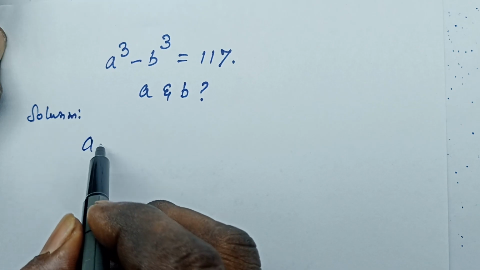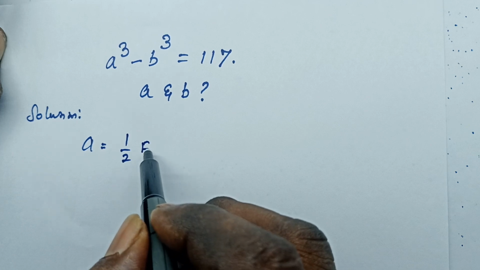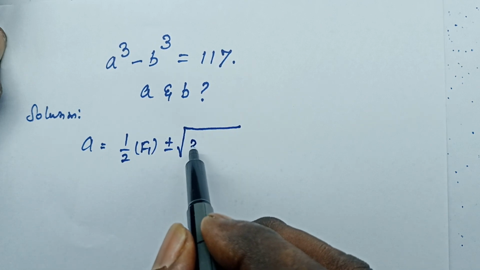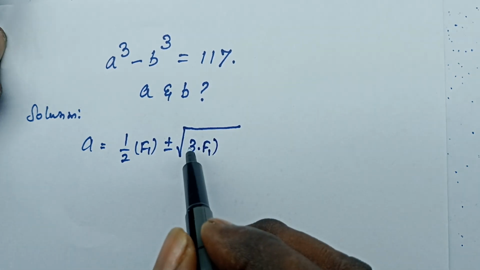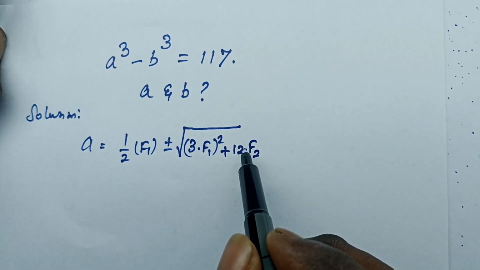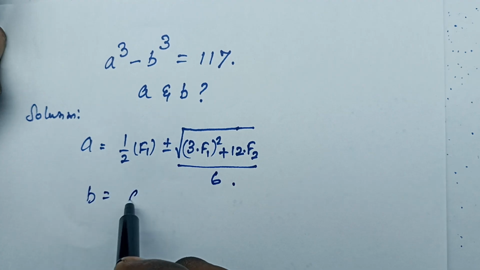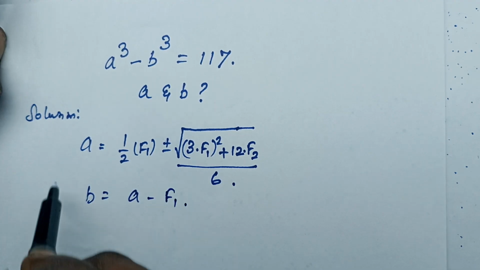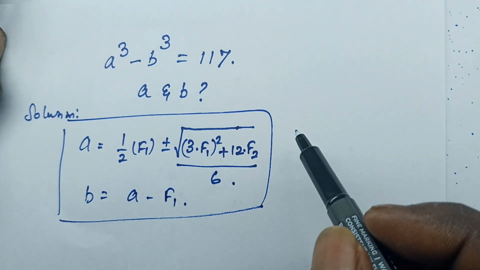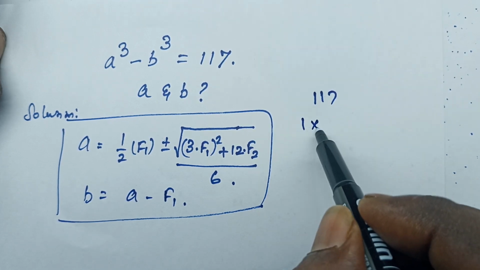The formula: a equal to 1 by 2 f1 plus or minus root of 3 into f1 whole squared plus 12 into f2 by 6, and b equal to a minus f1. This is the formula. Here f1 and f2 equal to the multiple factors of 117, equal to 1 into 117,